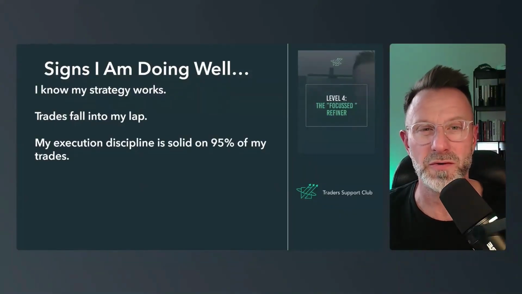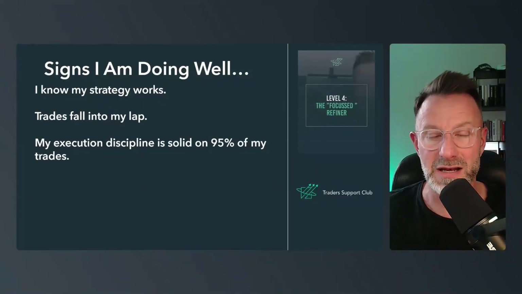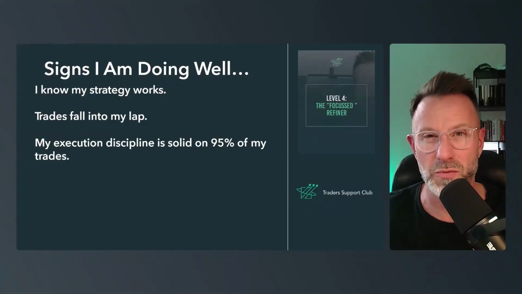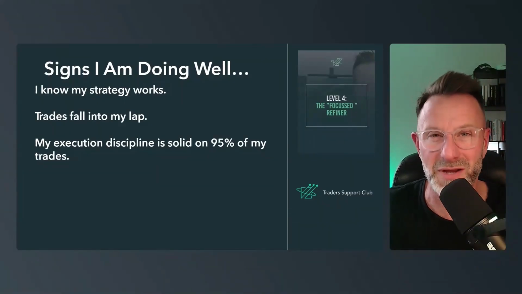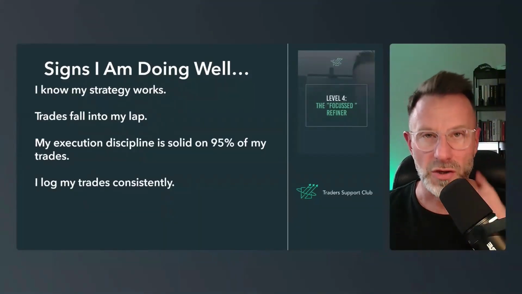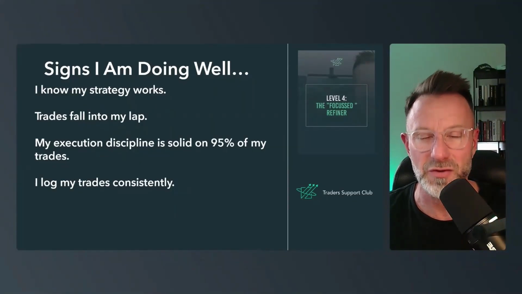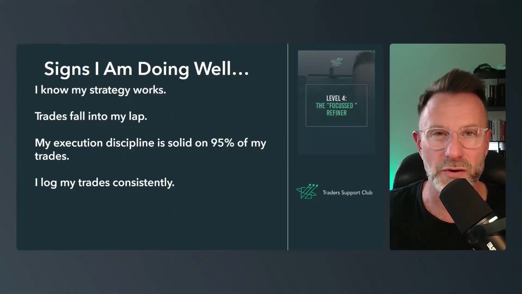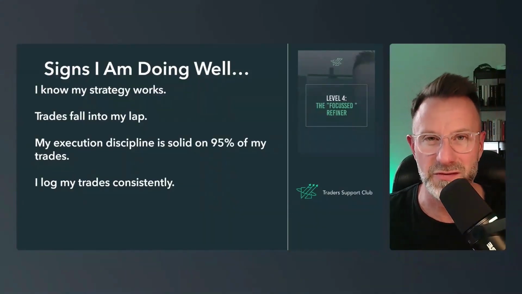And that's what you want to be focusing on, is having at least 0 CRBs. By the end of this level, you won't be consciously breaking your rules. You just might be making the odd mistake. And that's okay, because you will make mistakes as you go through your trading career. You don't become a robot. There will still be trades you make mistakes on. And then here, you log your trades consistently, and you're starting to see the triggers and the patterns between the results and the journaling, but the consistency is key here.